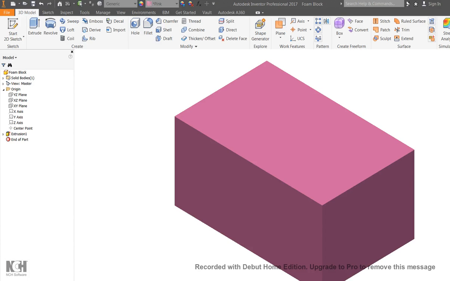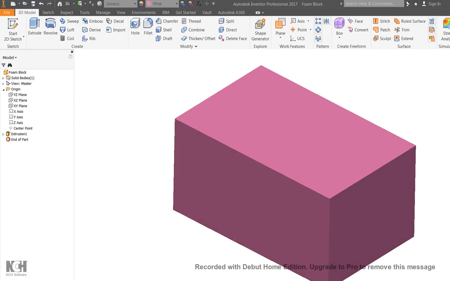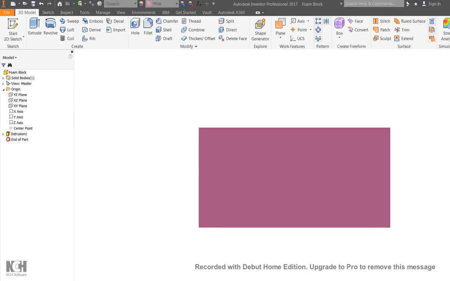Okay. So what we're gonna do, you can see here I have my pink foam block. When we do our rough cuts, this is what we're gonna start with. And what I'm gonna do is show you guys how to trace out your image. So from the foam block, I'm gonna go to my side view here,